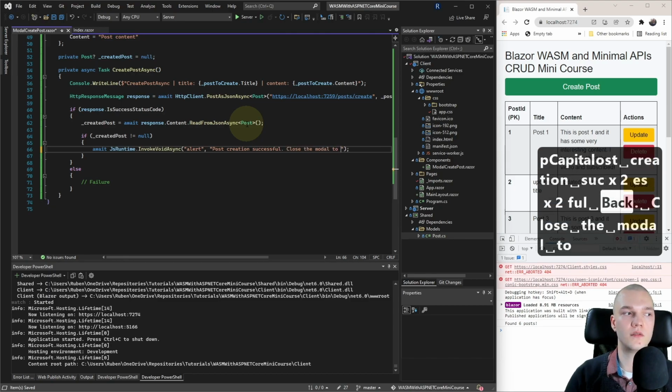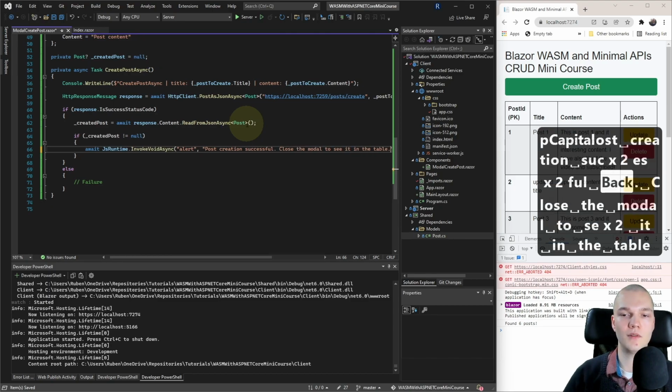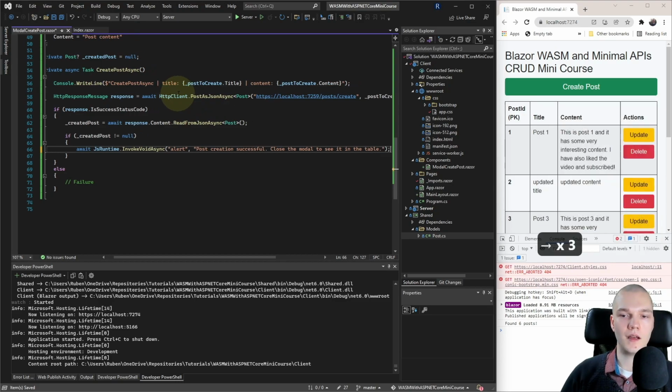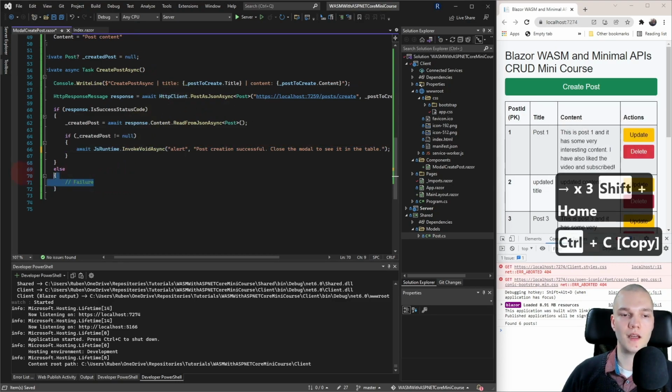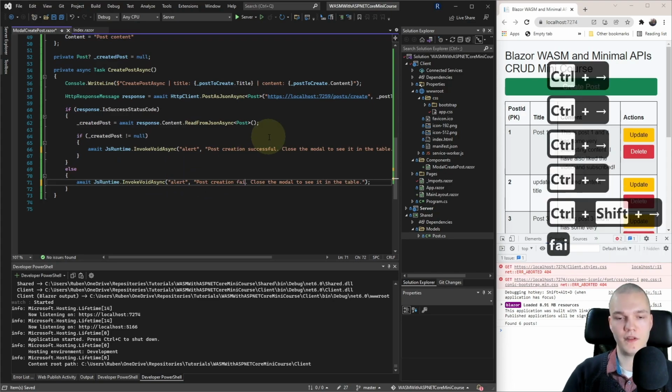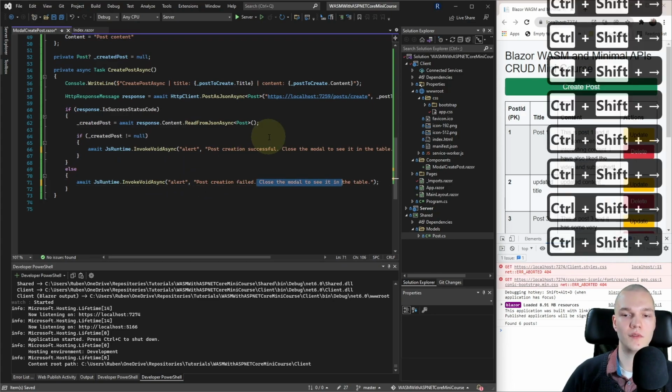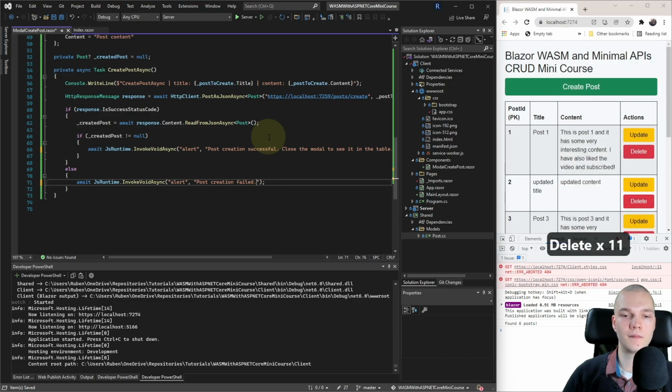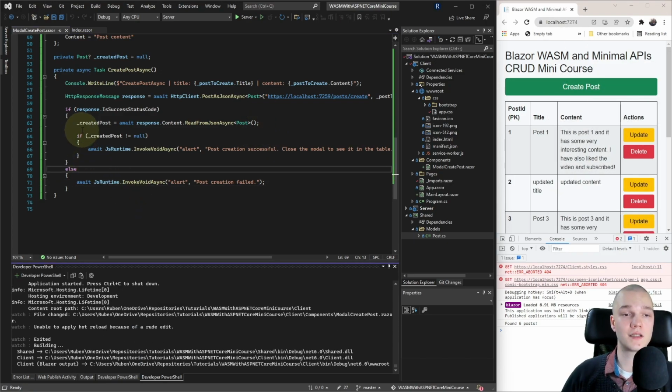Close the modal to see it in the table. And I'll copy this line, and for the failure, I'll do Post creation failed and remove the rest. Save that.